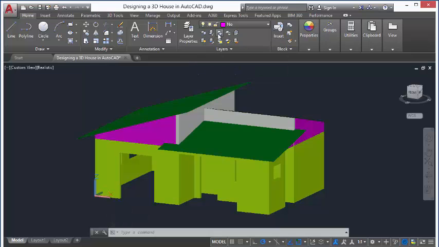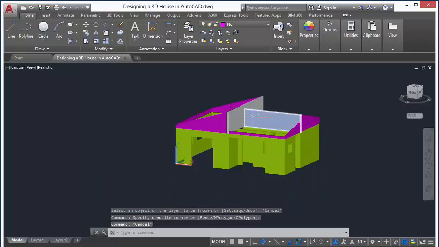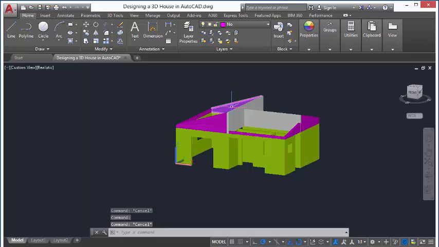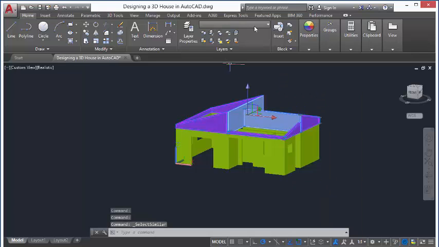Now select the Freeze Layer button, select the roof to freeze it. Select this magenta object and this white object, right click, select Similar, change its layer to wall,